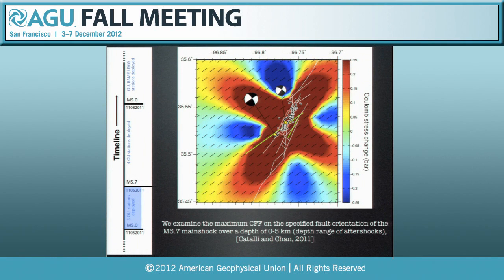We now examine the change in Coulomb fault failure on a specified fault orientation like that of the magnitude 5.7 main shock. We examine the maximum stress change over a 0 to 5 kilometer range, which is the depth of the aftershocks. This is based on work of Catalli and Chan in 2011, which found that the depth you calculate Coulomb fault failure on is very important, and that the best way to look at this is to examine the entire seismogenic depth range and examine the maximum term. So we follow this same